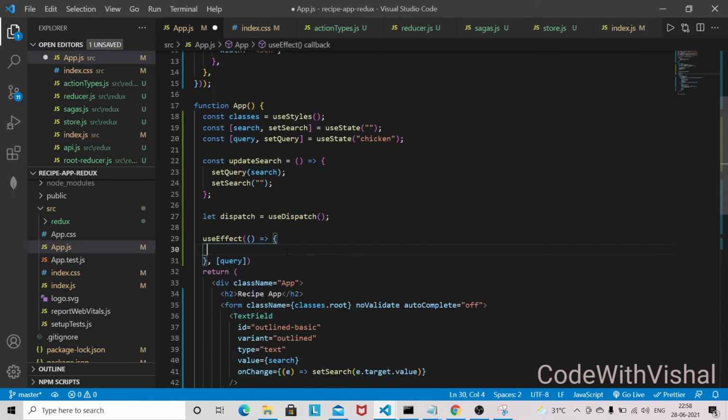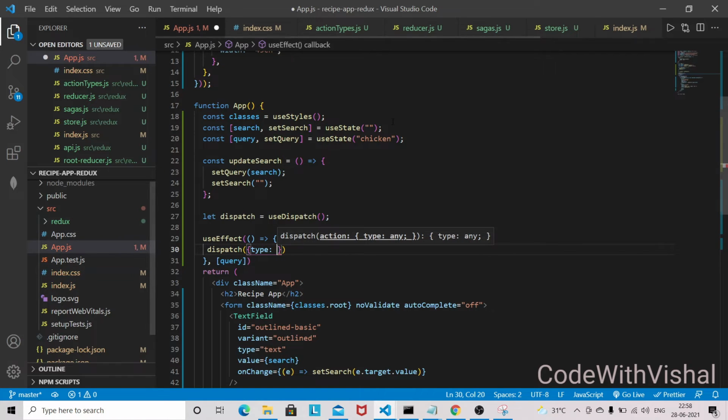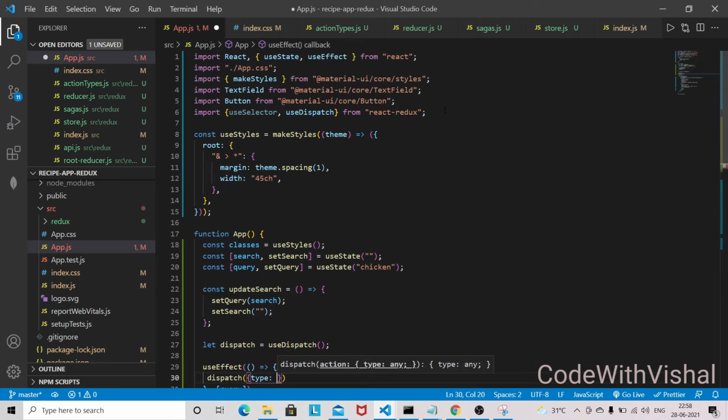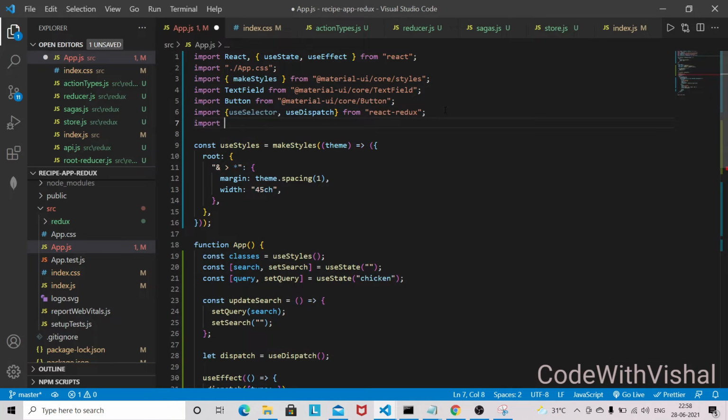So useDispatch, and from here I am going to dispatch an action. Again we need types here, so let's import the types from Redux and action type.